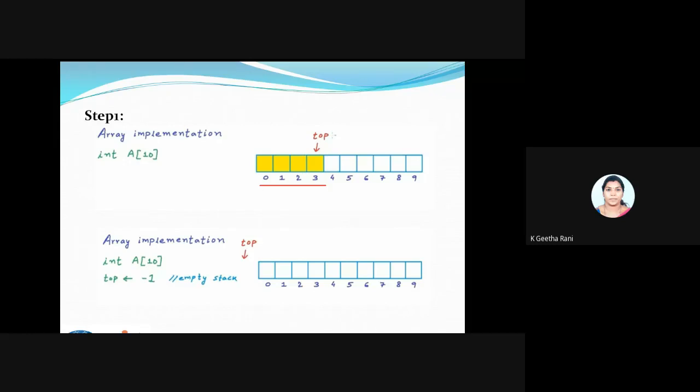You can see here int a of 10, and I'm having an empty stack. What's the meaning of empty stack here? When my top value becomes -1, I'll call this an empty stack. The top is pointing to an imaginary term here, so I'll call this -1. If the condition is top equal to -1, then my stack is empty. I'm not going to have any value inside my stack. I'm just giving you not pure code, it's somewhat like pseudocode.